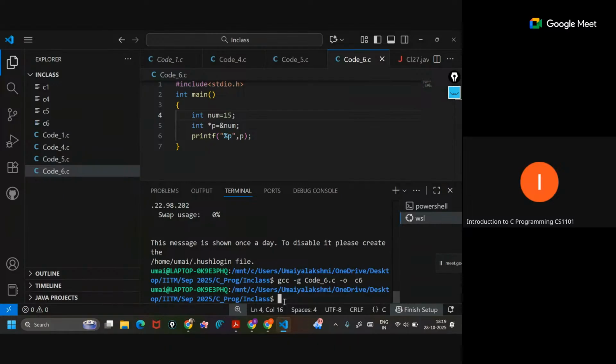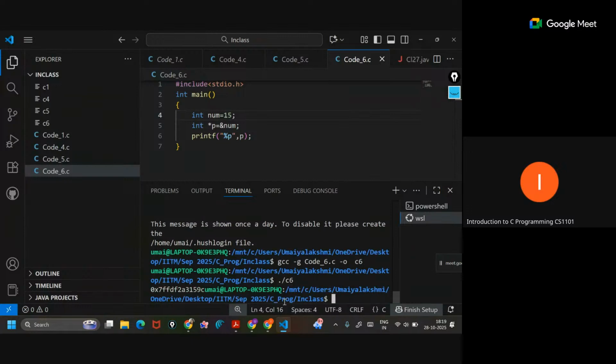Just compiling first. Yeah, no errors. Yeah, it shows the address of it. So this is the address where the value gets stored. Okay, so now let's say I have to print the value in it. Then